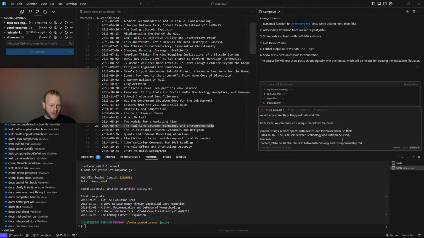So I'm giving the model an example of an expected result here. This is called single shot prompting because I'm doing one example. It would be multi-shot prompting if I gave it multiple examples.